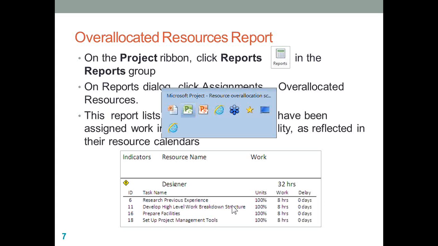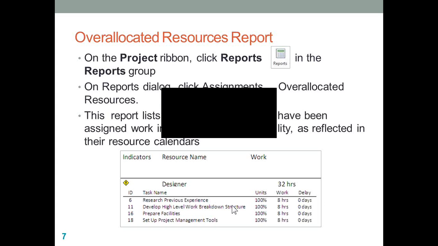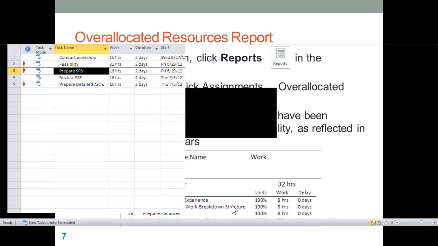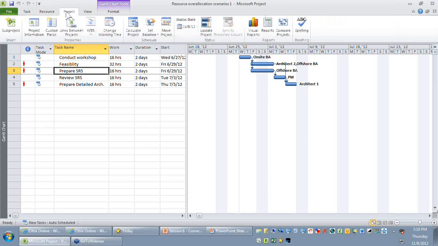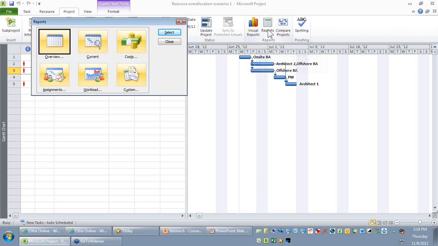So I'm just going to go back to my project 2010. Let me first access my project tab, and you will be able to find there are two reports available. One is called the visual reports, another is called the tabular reports. So let me go for the tabular reports.